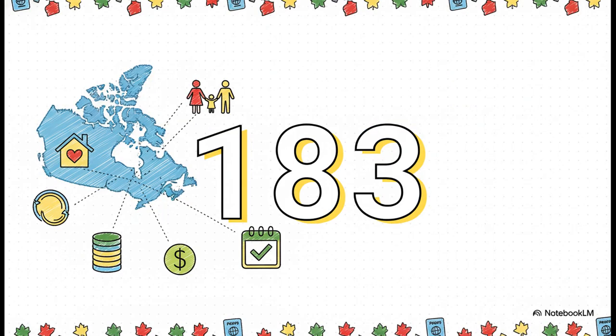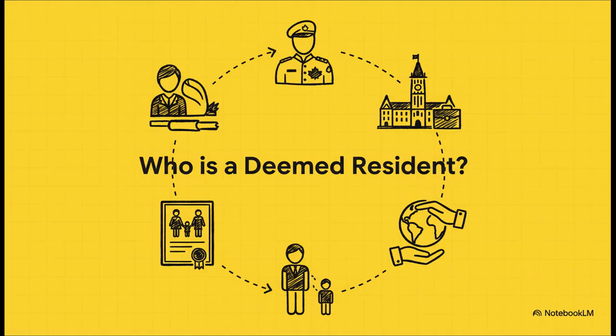So, who gets caught by these deemed residency rules? Well, the most common case involves what's known as the sojourner rule. If you are temporarily in Canada for 183 days or more in a calendar year, that's about half the year, the law deems you to be a resident for that entire year. And it's not just sojourners. This rule also applies to certain Canadians who are serving the country abroad. Think about members of the armed forces, or ambassadors and other government officials. People working for Canadian international development programs are also included. And importantly, so are their dependent children.